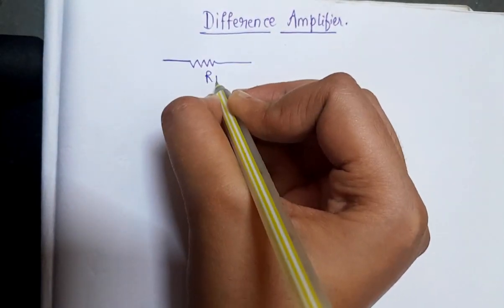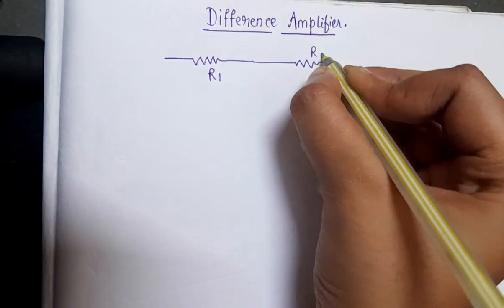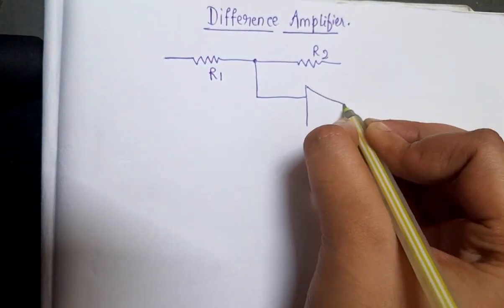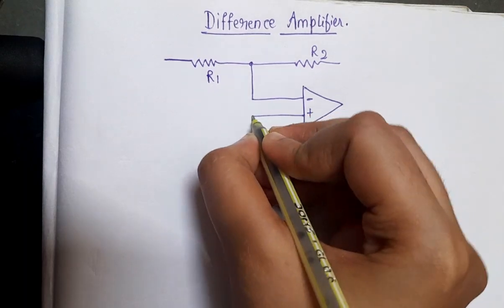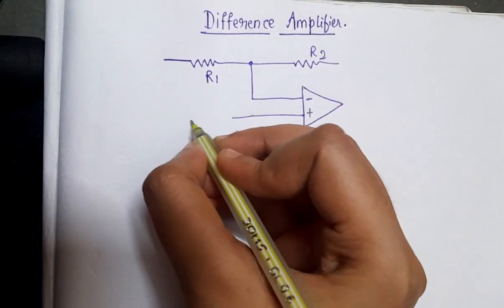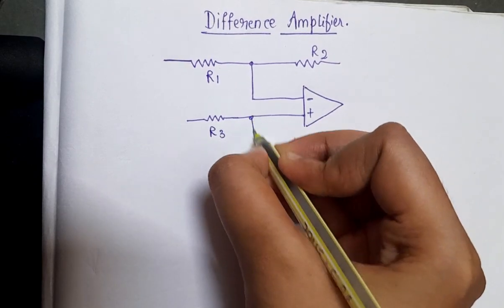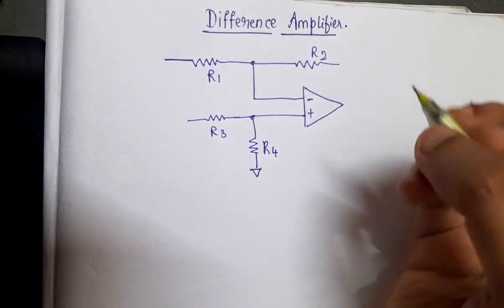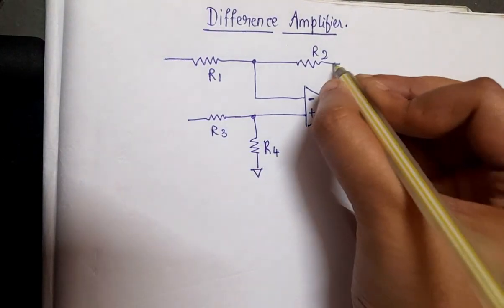In this video, we are going to see the differential amplifier. Now I am drawing the circuit of the difference amplifier. R1 and R2 are the resistors, and from here one goes to the inverting terminal of the op-amp, and another goes to the non-inverting terminal of the op-amp, and these two are the resistors R3 and R4. And from here we get the output,